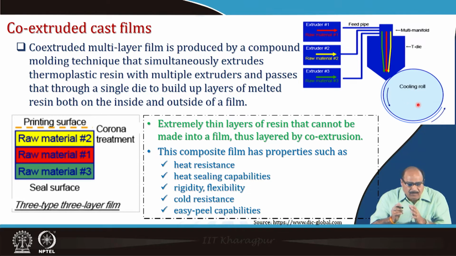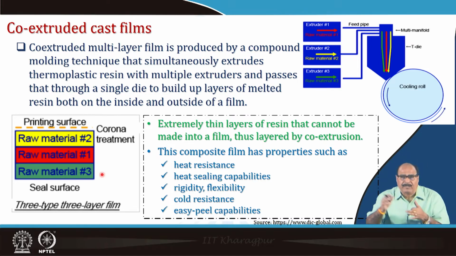Okay. So, extremely thin layers of resin that cannot be made into a film by themselves are layered by co-extrusion, and this composite film has properties such as heat resistance, heat sealing capability, rigidity, flexibility, cold resistance or easy peel capability, etc. In this figure also you can see 3 types of 3 layer film. So, even multiple layer films, depending upon the requirement,